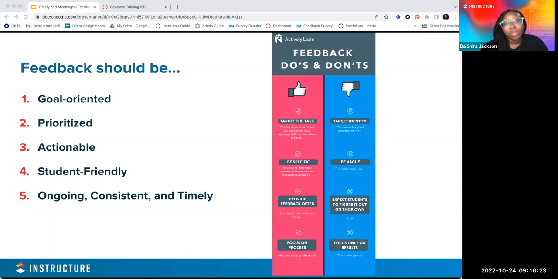Results is just solely the grade, but we really want to make sure that our students are able to articulate what they're learning, understand why they're doing the project or assignment, and how they can actually use this. That's where focusing on the process as opposed to the grade comes in. The grade is important, but if they can't articulate their understanding outside of just getting that assignment or quiz done, then is it really specific and targeted feedback? Probably not. Okay. And did that help, Christine? Any other questions on the do's and don'ts?